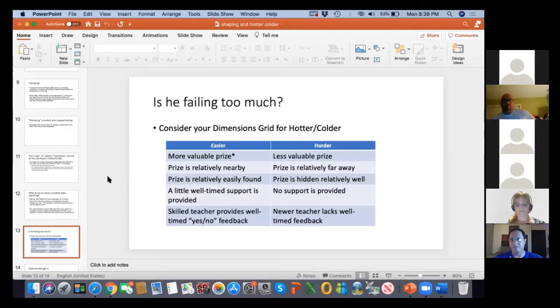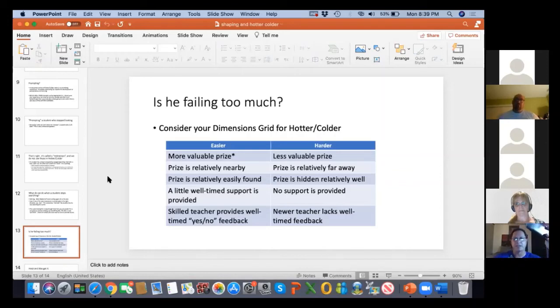They have very little history succeeding with, let's take the example of tolerating no. Very little history tolerating that, lots of problem behaviors, that's why you've been called to the case. How could we maybe set them up for some success with hearing the word no? Some of those things would be, we tell them they can't have something they don't want in the first place, right? You can't have the glasses case. All right, great. And we tell them that when we have their iPad. Now my iPod would be their iPad. We have the iPad here, and we're going to give it to them if they tolerate not getting the glasses case. You could see where that would fit into a dimensions grid.